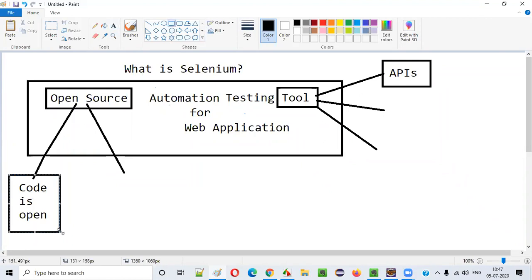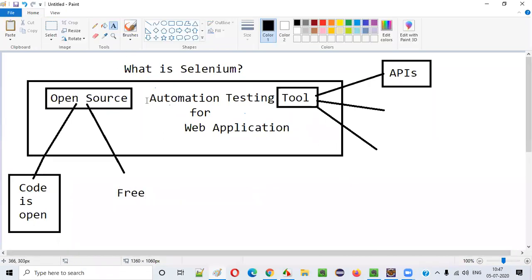So code is open, so you can get this code. Unlike Microsoft or other companies creating tools like Microsoft Windows or Microsoft Office, who are not sharing the code outside, Selenium is sharing its code. Whatever the underlying code for developing Selenium is open to the public. Anyone can get this code, and you can create your own automation tool based on Selenium. You can create a more advanced tool, and you can create your own community. Such possibilities are there with Selenium. That's why we can say open source. The other thing is